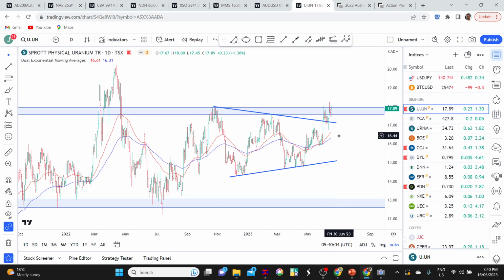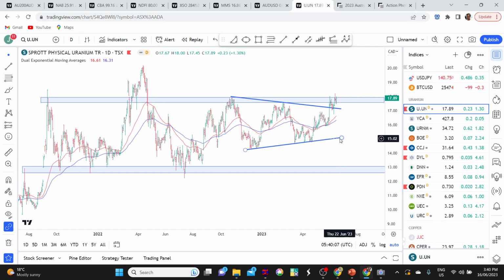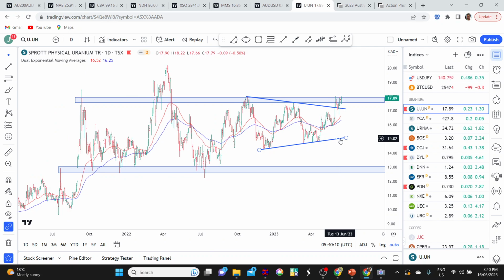Unless price pulls back and moves back within the middle of the range, I think we want to be playing uranium and uranium stocks from the upside. I like the commodity itself as an investment opportunity or a trading opportunity, whichever way you like to play it. But I'm also looking at the individual uranium stocks, and particularly like the ones in those safer jurisdictions, stocks like Cameco in Canada, maybe Boss Energy in Australia, and also the ETFs, which can give exposure to a diversified portfolio of uranium stocks. And of course, I'm being very stock selective. It's stocks in uptrends I want to look for. A lot of the uranium space is currently not in uptrends, so I think it's quite selective about where we look for the opportunities.